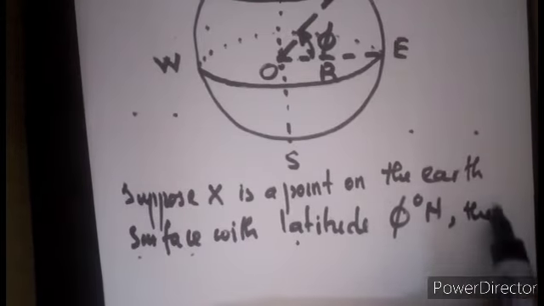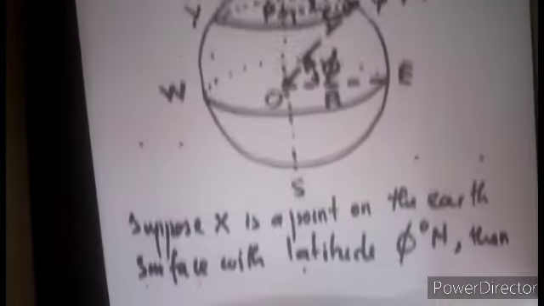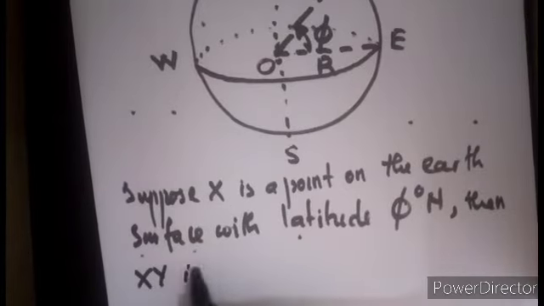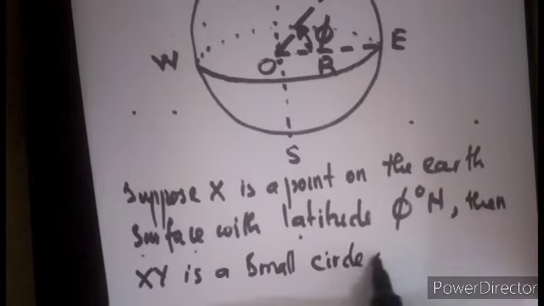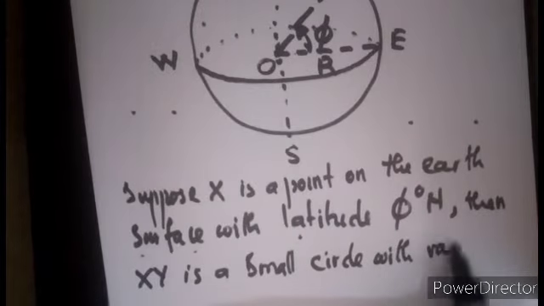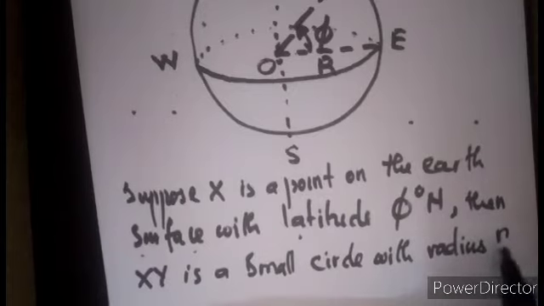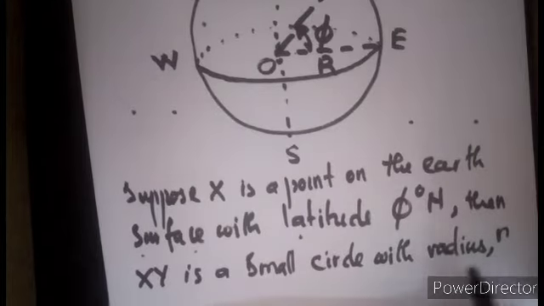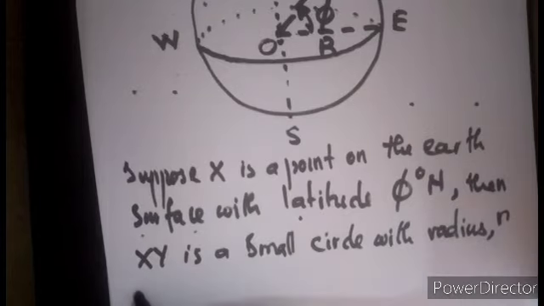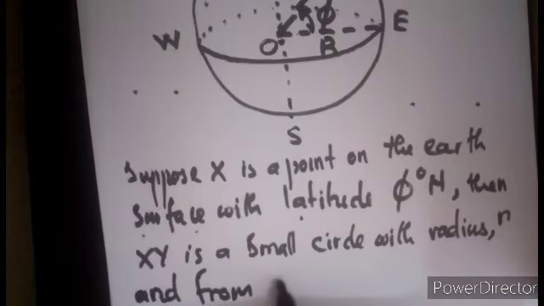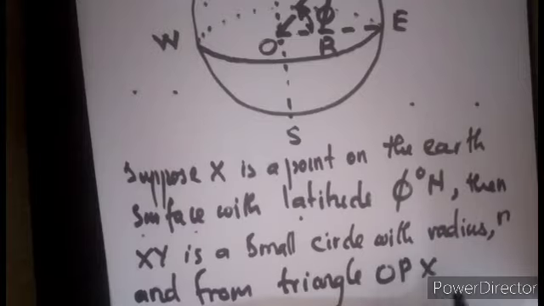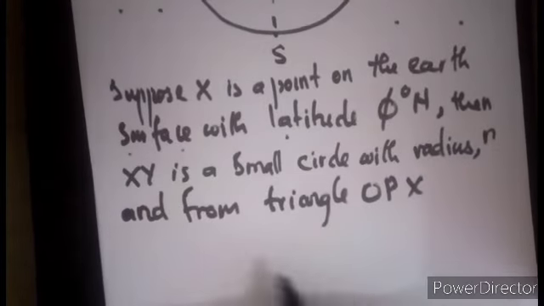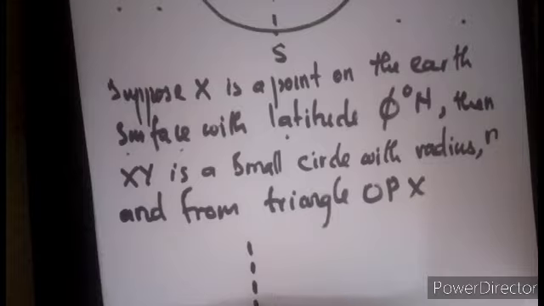Then if I call this y, then xy is what? It's a small circle with radius small letter r. You see that from the triangle OPX, from the triangle OPX we have